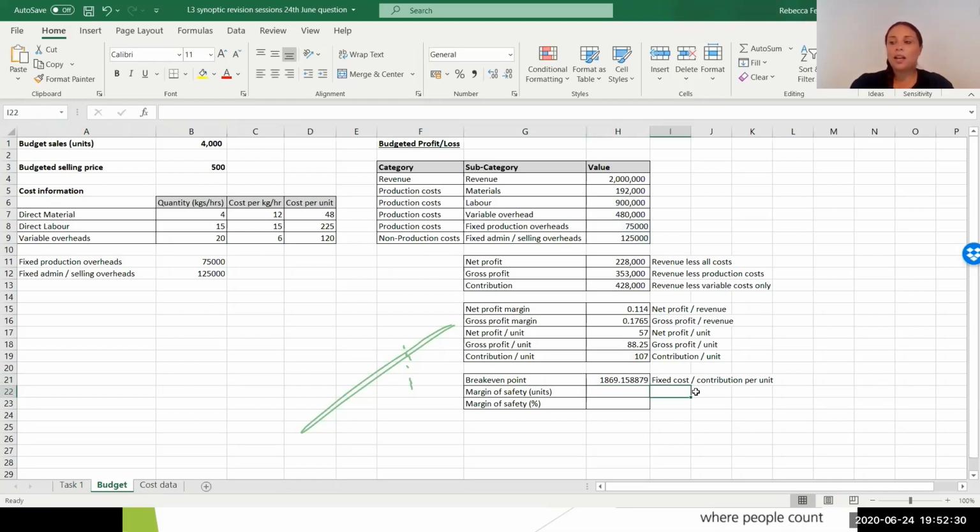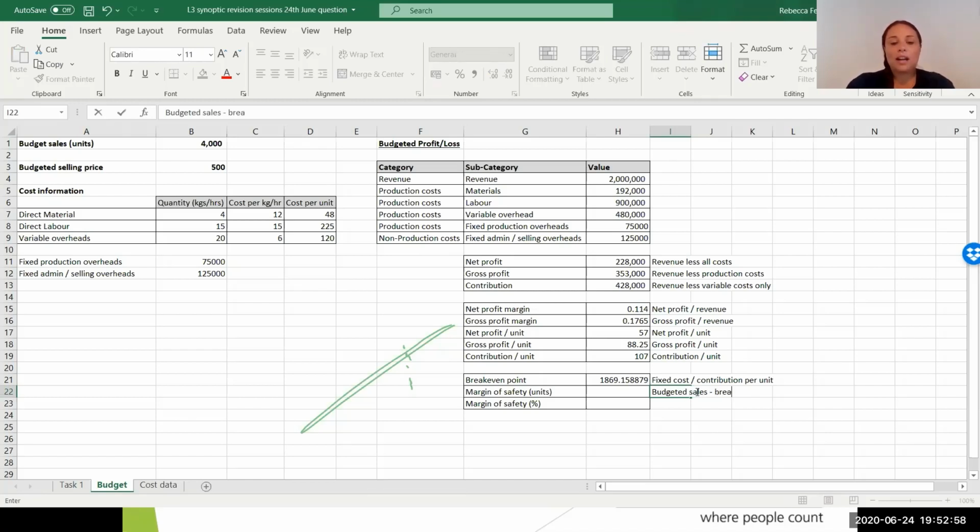Good. Okay. Who can remember how we calculate our margin of safety in units? Who can tell me in words? You're absolutely right on the formulas. What's the formula for it? Perfect. Well done to those ladies there. Good. So you've got your budgeted sales